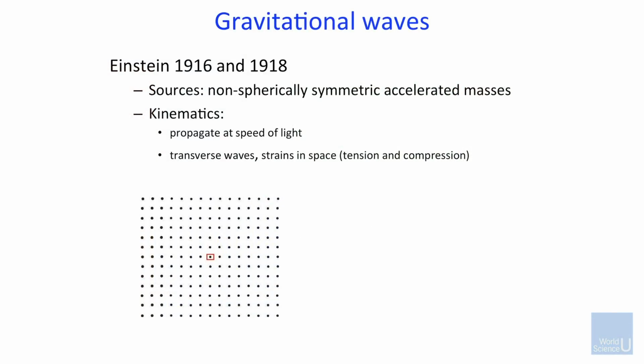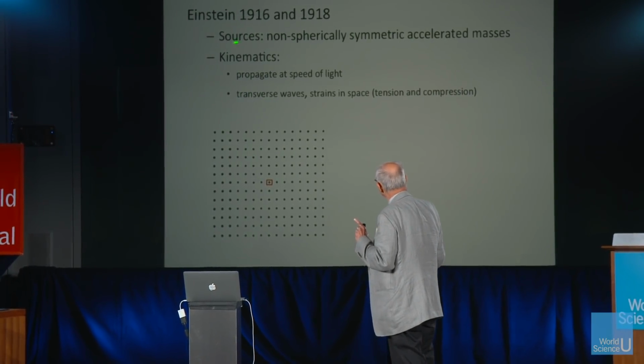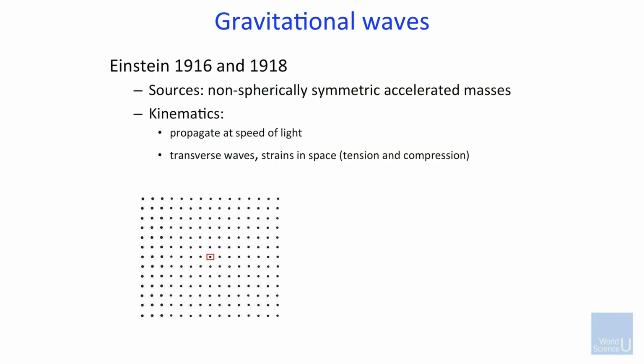In 1916, Einstein wrote his first paper on this, a year after the big discovery of the field equations. In 1918, he wrote another paper where he corrected his errors. But the most important thing is that in 1916 he already described certain things. He didn't describe the sources of the waves properly. He knew they would be accelerated masses. In that 1916 paper, it turned out any kind of motion would have made gravitational waves. But it's only the non-spherical part of the motion that makes gravitational waves, and in his initial paper he didn't distinguish those. That's profound, and it was a wonderful physics error, but let's leave it go.